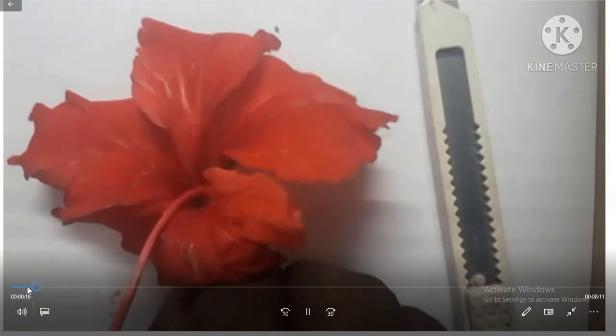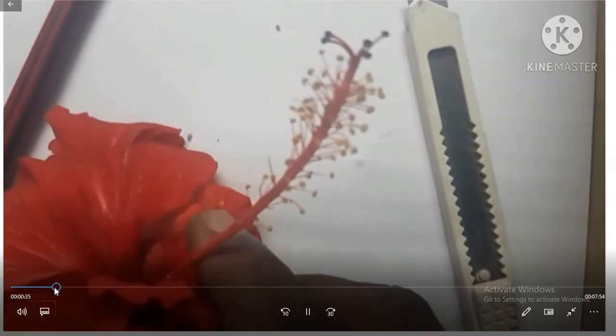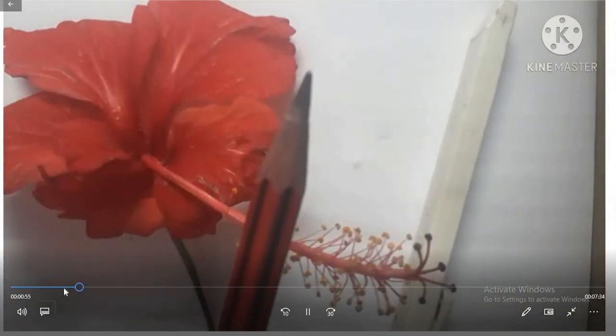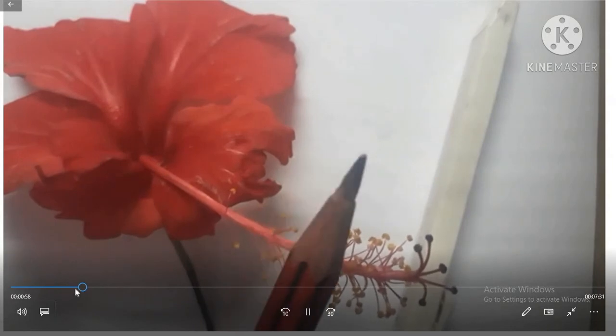Now we are going to see how to label and identify the different parts of the flower in a shoe flower. It is also called hibiscus, and the botanical name for hibiscus is Hibiscus rosa sinensis. Now we are going to see the different parts of the flower. This is called dissection. We are going to cut open the flower to see the different parts. The instrument that I am using is just a blade, and we can use some sharp instrument. I am going to use today a sharp pointed pencil.